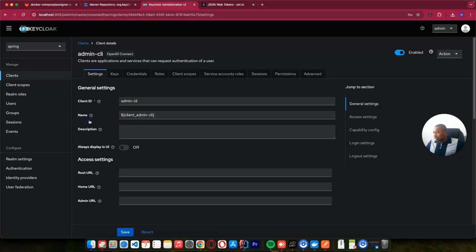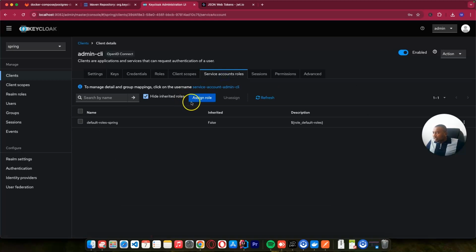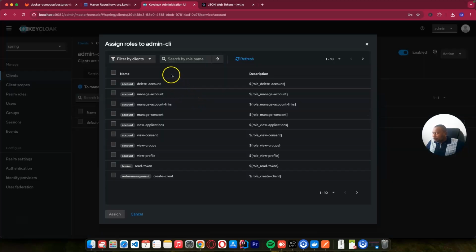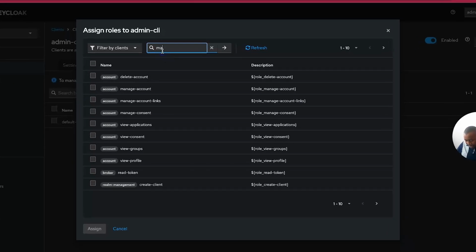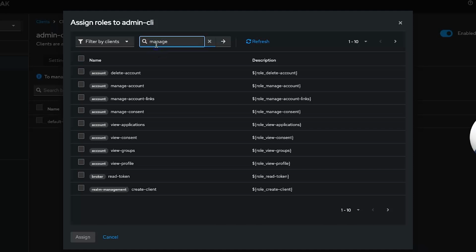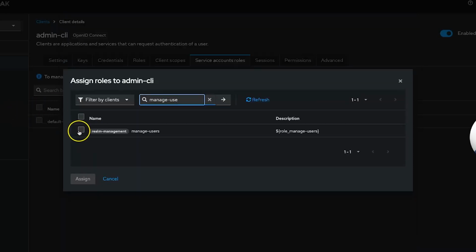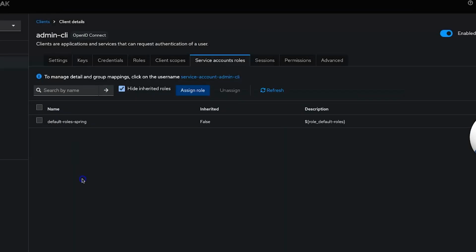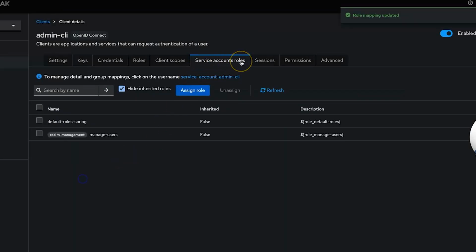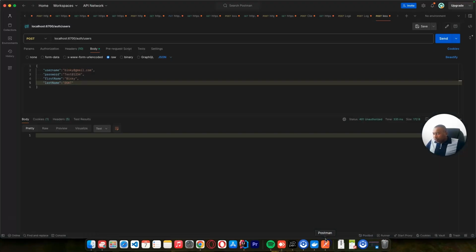and admin client. To create a user, we need a permission. This type of permission, we can say manage users. Let's assign this from our service account roles. So let's now test to create a user,